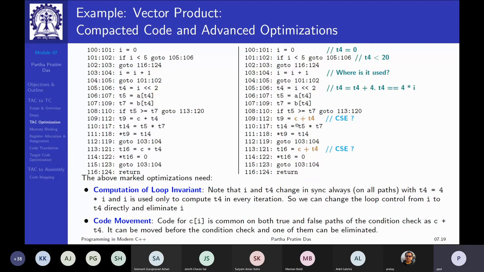So what I can do is a code movement. I can bring this C plus T4 before the test and remove it from here. Because I know in any case, I'll have to do this. And as I eliminate this common sub-expression by moving the code upwards, this elimination is not by